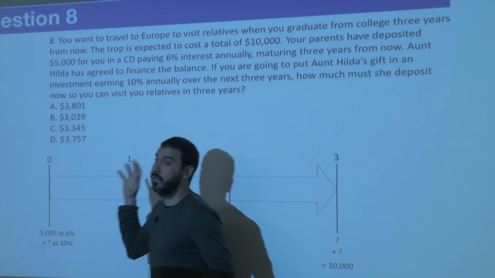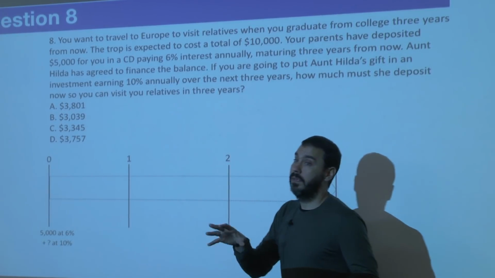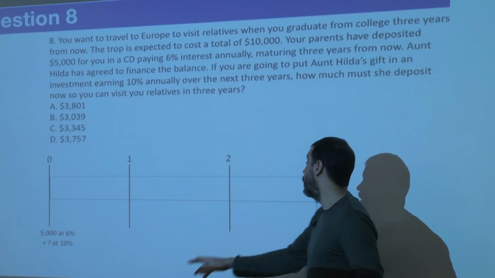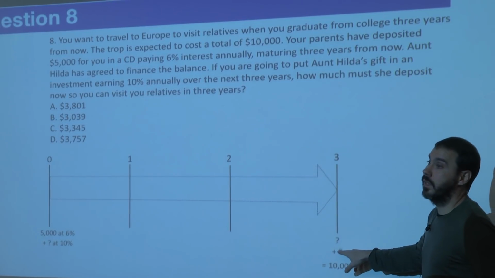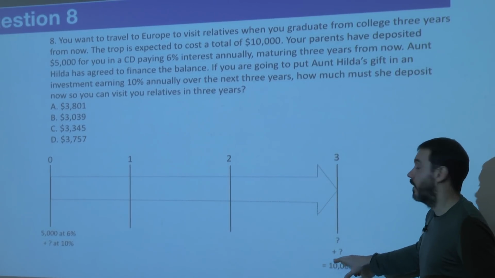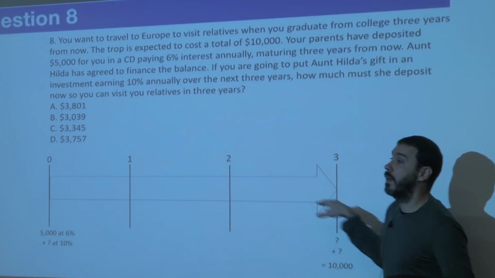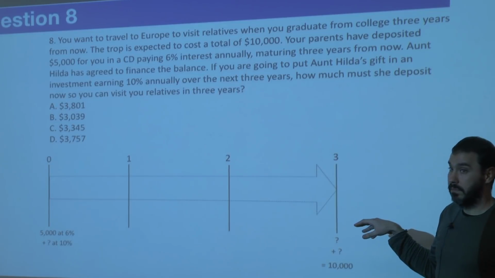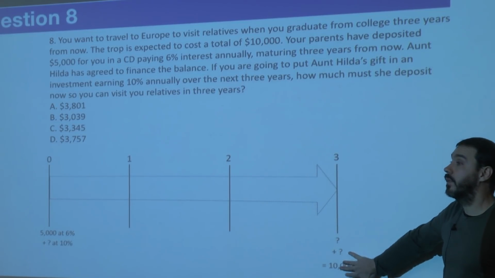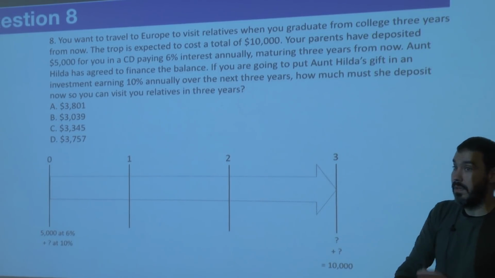How much does your aunt need to put down now so that in 3 years it will cover the difference between $10,000 that you need to have and whatever your parents are covering? It's like the two sources together need to add up to 10,000. So